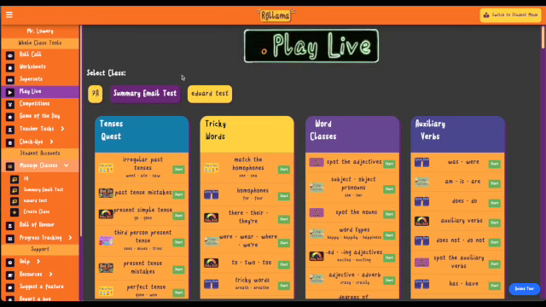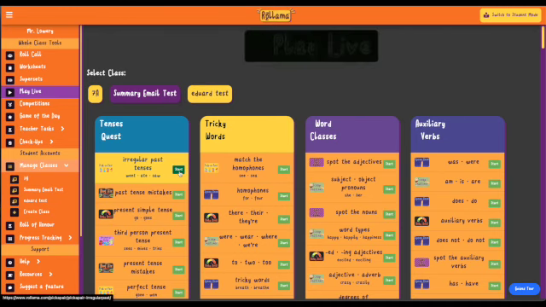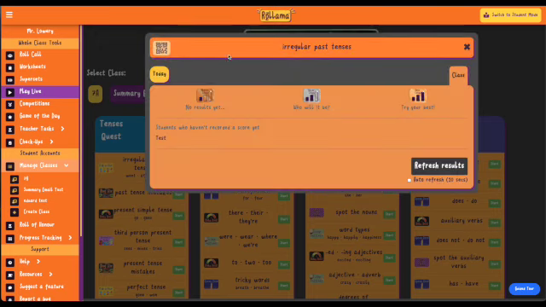So for example, if your lesson was about irregular past tenses, you could start a Play Live, and by pressing start here it brings up the leaderboard, and then as children play that game their scores will automatically come onto this leaderboard. You can tick the box here to automatically refresh every 10 seconds, or you can click the button here to refresh. So this is a way of having a friendly competition within your classroom,